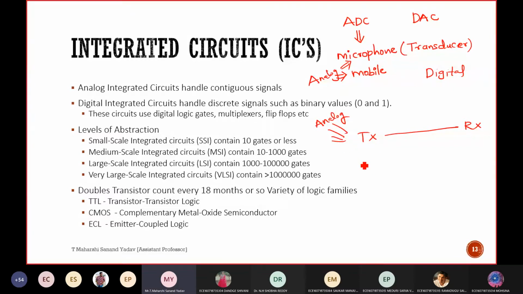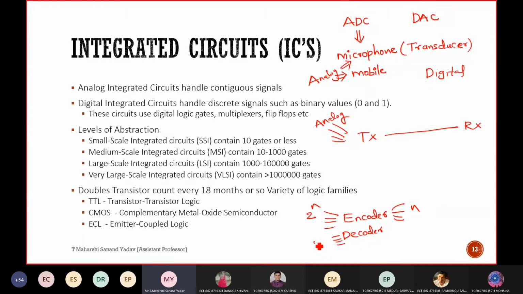So what is this encoding and decoding? I mean, what is an encoder and decoder? Where do I need to use this? What is an encoder and decoder? Encoder at the transmitter. Okay, why? How many inputs are converting into how many outputs? N to 2 power n or 2 power n to n? For an encoder, 2 power n to n.